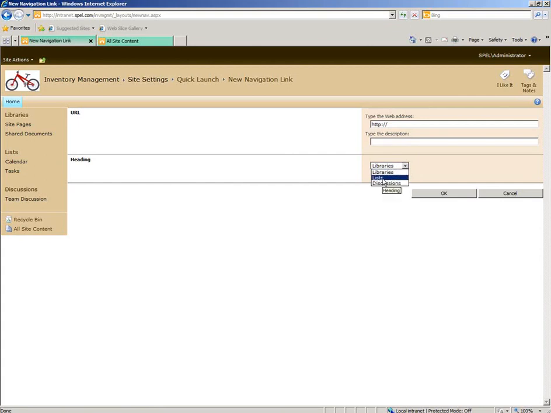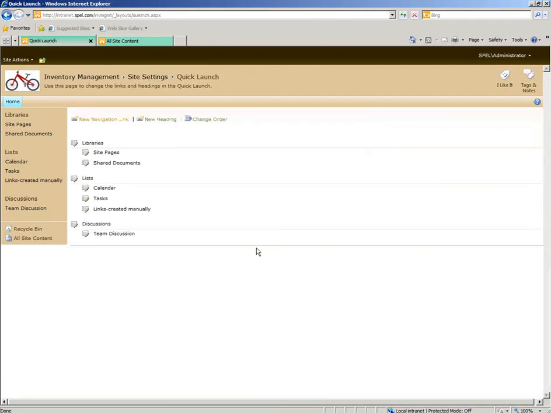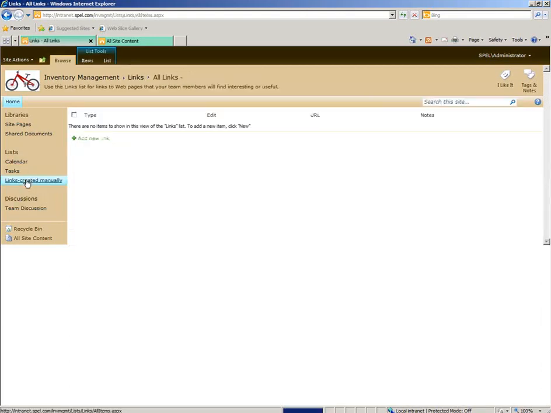I'll put this under the lists category. Here's my address. In here I'm going to say links, and then I'll just hyphenate this with created manually. And I'll explain why I'm doing this, okay? I made a new link called links-created manually because this is the one that I just created right now statically, by going to the new navigation link here. That is not how the other links are produced. Okay, so if I click on links created manually here, it does take me to the right location, which is